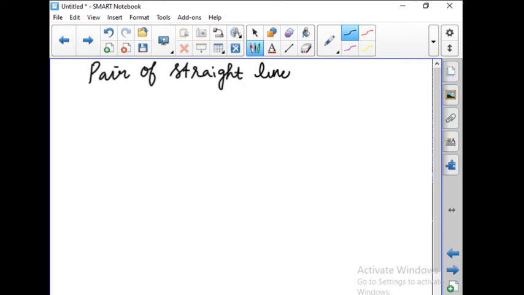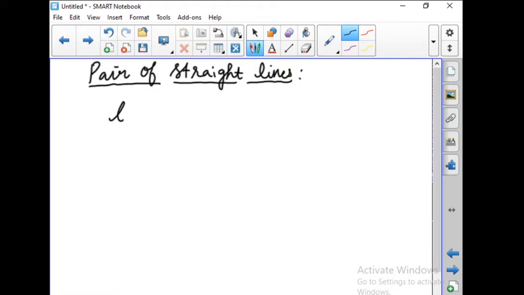Finding the equation of straight lines that we have studied in 10th standard. So it is very easy for us to find the straight line equations, and also we have seen the concurrent lines. Concurrent means when three or more lines pass through the same point, it is said to be concurrent, isn't it? Now we are going to see about the pair of straight lines. What is meant by a pair of straight lines? We have to consider two straight lines.